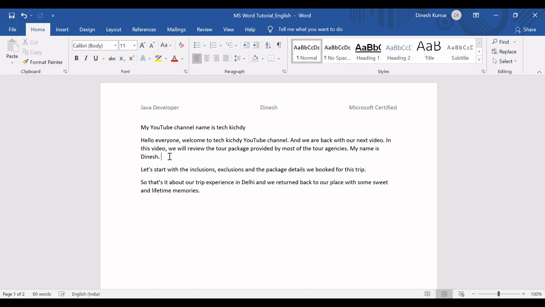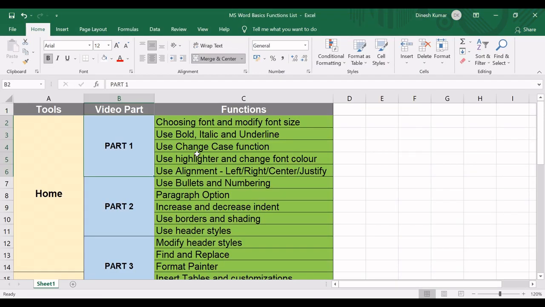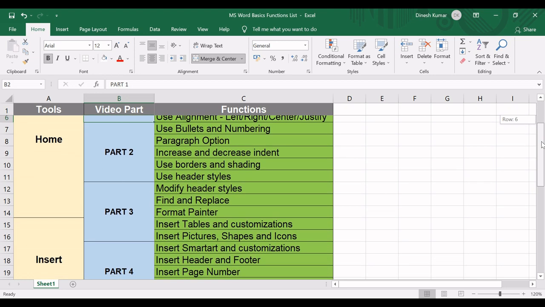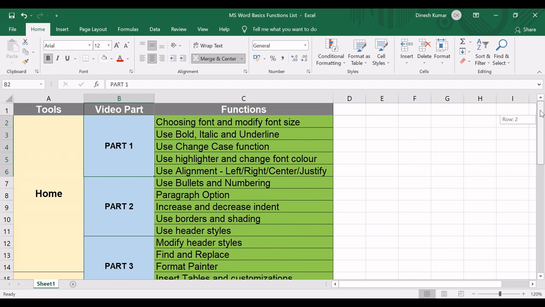Basics tutorial series. Before getting into today's session, let's have a quick recap on what we have completed till date. So we have completed 4 parts of this tutorial series and have completed as many as 20 functions. So if you are an absolute beginner, I would strongly suggest you to go through all these 4 parts before getting into today's video, so that it will give you a better understanding of the basics and also will have